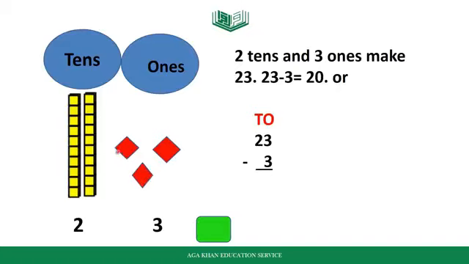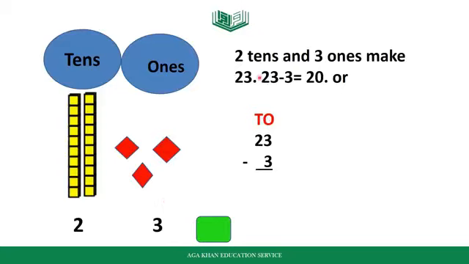And here we have 3 loose boxes. See, we have written 3 here. These 3 are ones because they do not make a complete 10. So which number is this? This is 2 and this is 3. It's actually a two digit number. It's 23. See, 2 tens and 3 ones make 23. 2 tens and 3 ones make 23.